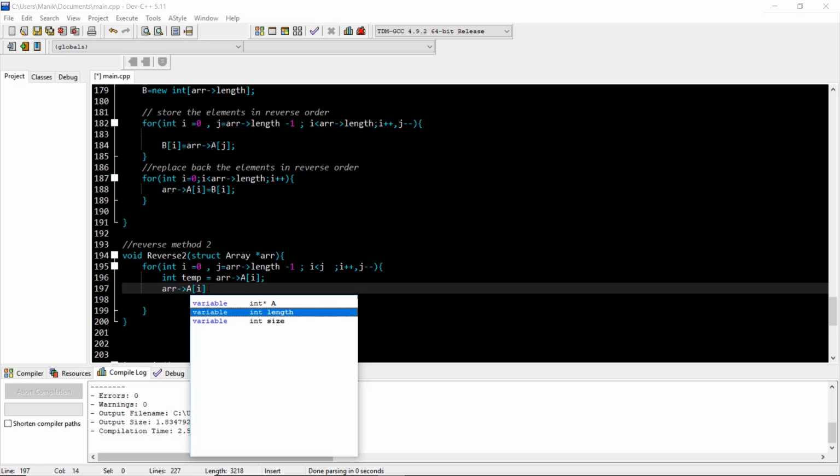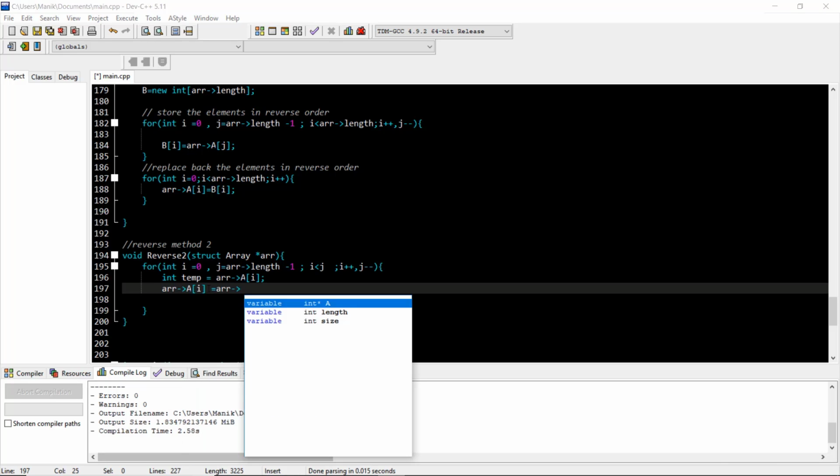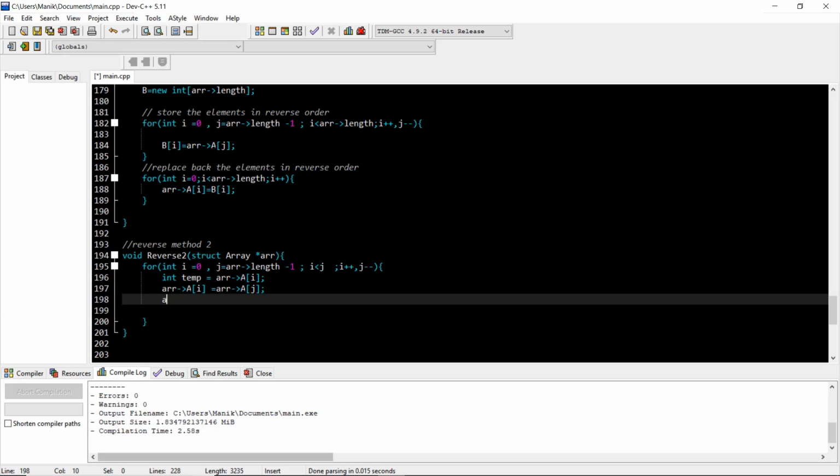Okay, we put arr of j in this, simple logic. Okay, and in arr of j we put the value of temp. Okay, temp, and just return it. Okay, simple logic it is.